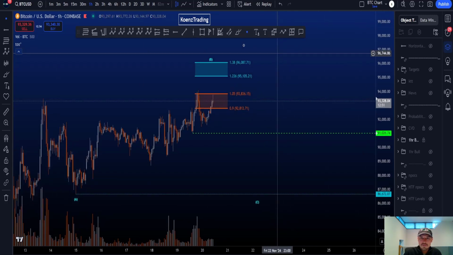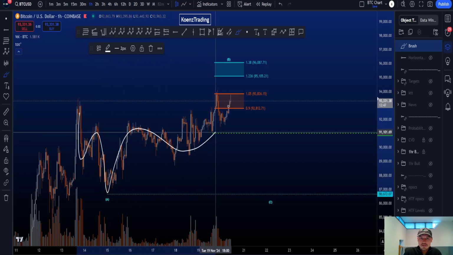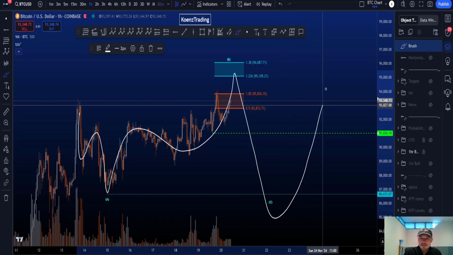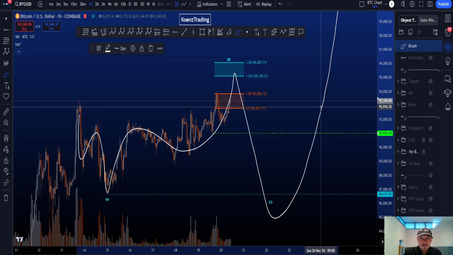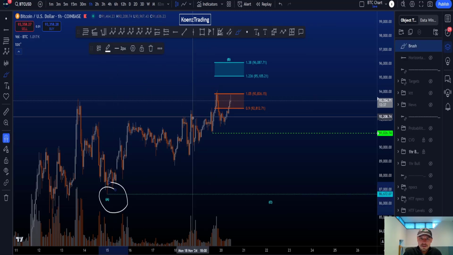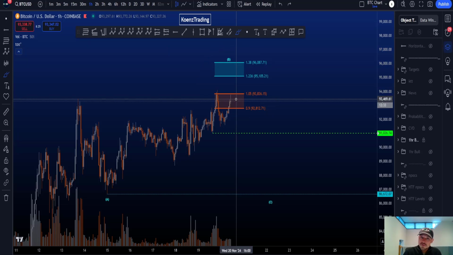You can see here on my chart A, B, and C. Three-wave structure in A, three-wave structure in B, and a five-wave C. After wave C, you then look for a continuation of the trend. The target for a wave C is below wave A, and the target for a wave B here is on the chart. The most common flat structure is an expanding flat, and the target for a wave B in an